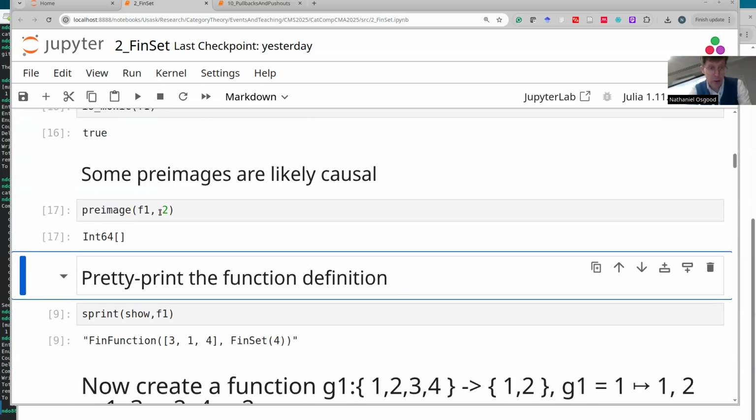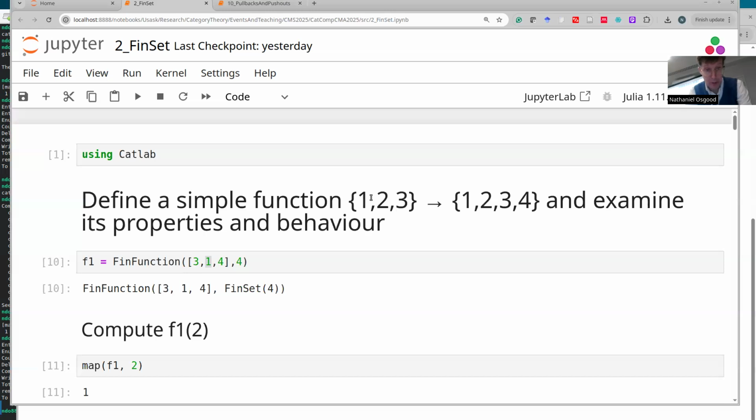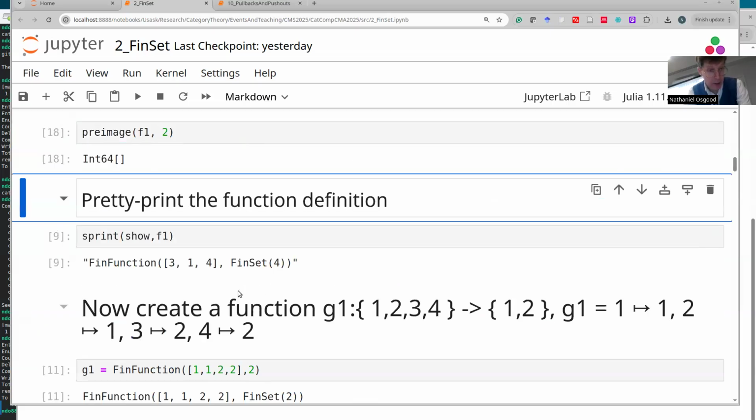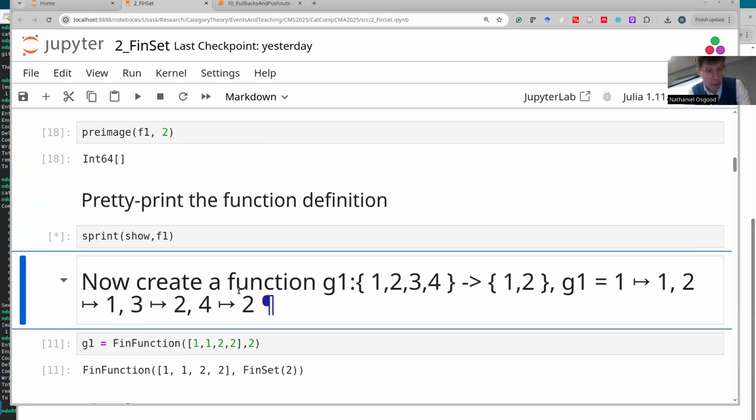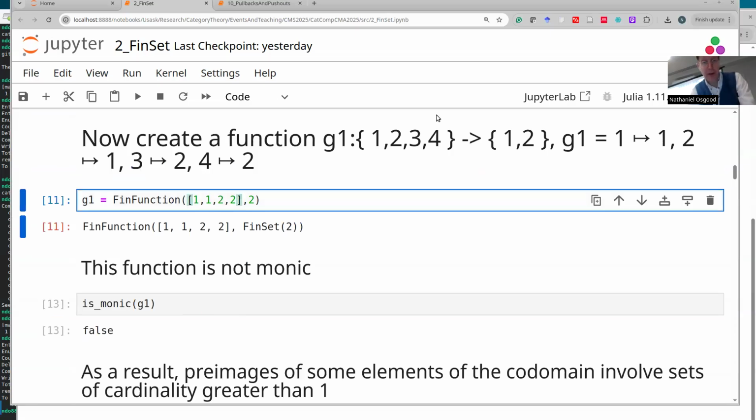I can ask, what's the preimage of 2? And the answer is that nothing maps into 2. There isn't in this particular function anything that mapped to 2. So there's nothing. We can pretty print it. Now we're going to define another function, one that goes from